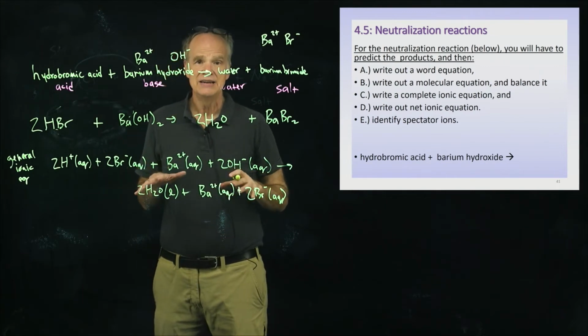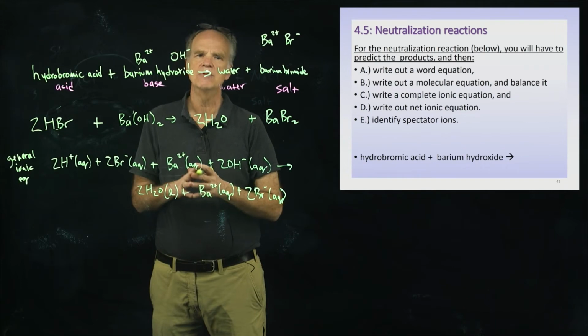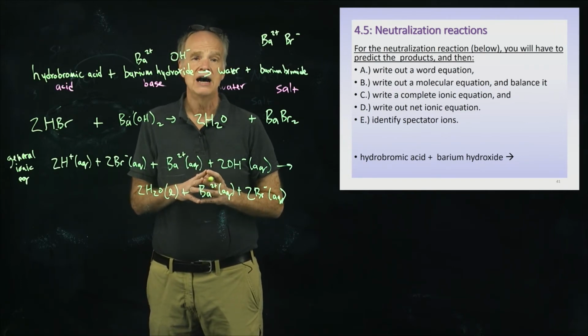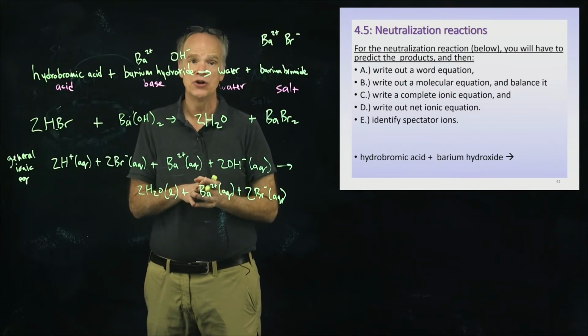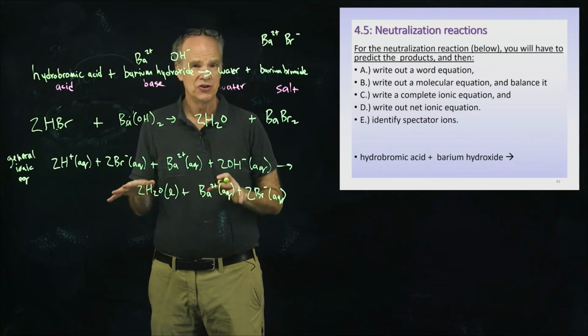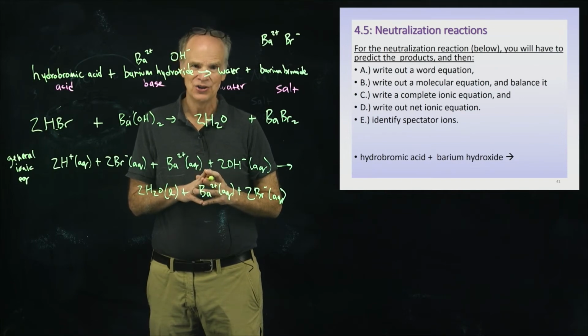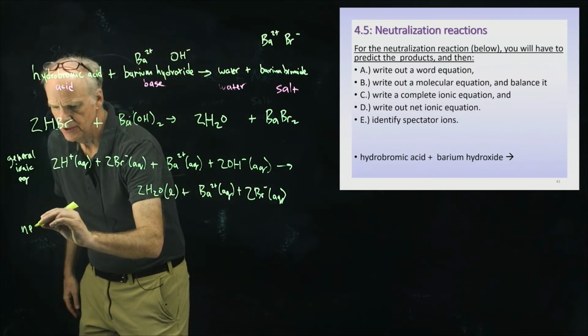Now, is there a net ionic equation? Well, yes, there is. Now, remember when we were writing out a net ionic equation for precipitation reactions, we would write the equation that describes what ions bind together to form the insoluble precipitate. Here it's a little bit different. Here we describe the ions that bind together that form water molecules. Okay, so here with the net ionic equation,